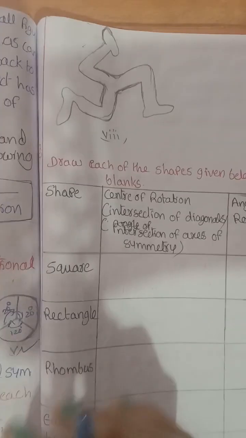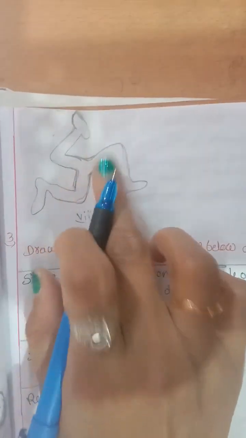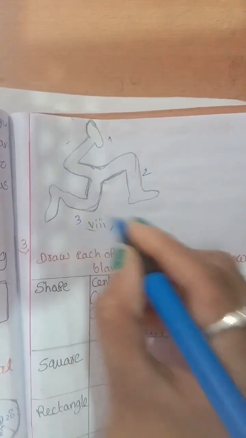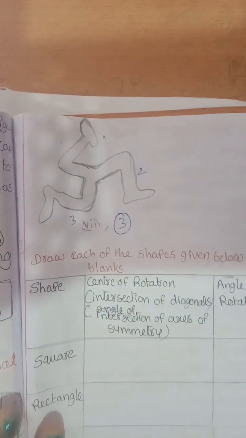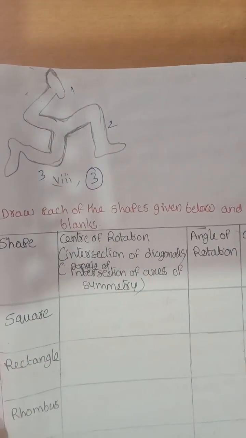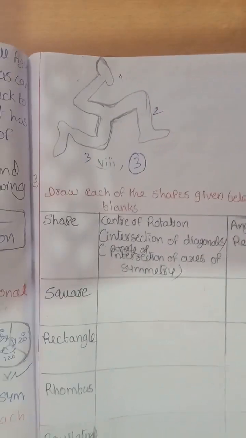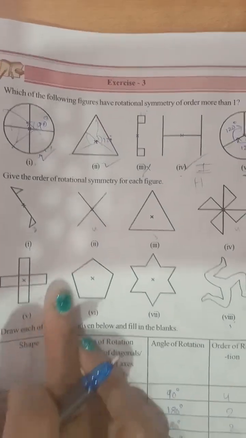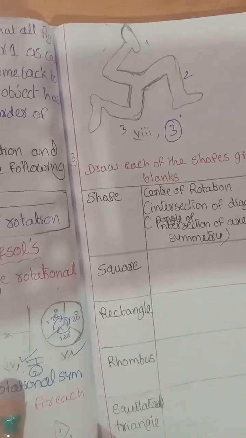Yes, that is very important. Good. See this figure better. This figure has lines of symmetry 1, 2 and 3 only, so the order is also 3. If it is rotated 3 times, we will get the same position. So that is the simplest method for the order, you can write it: the order is 3. That is the second bit, it's over, and then the next one is the third one.